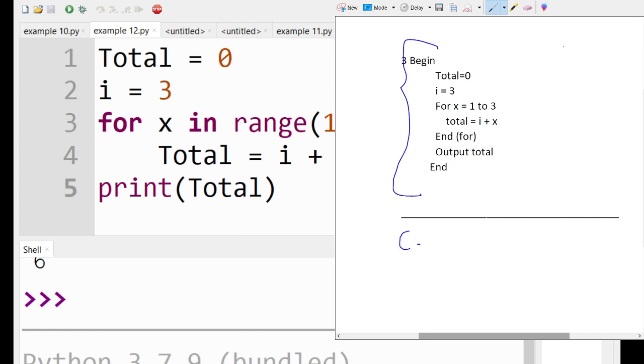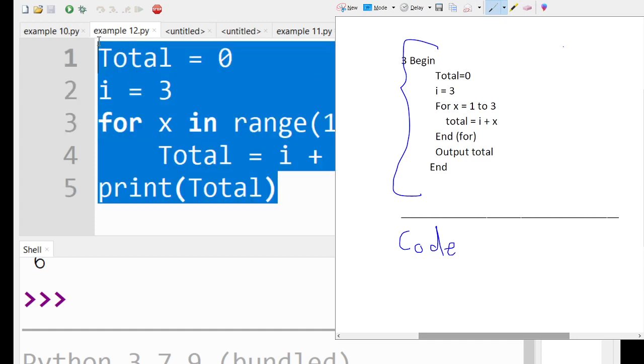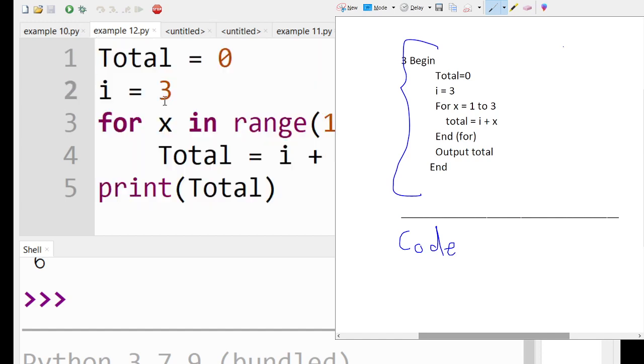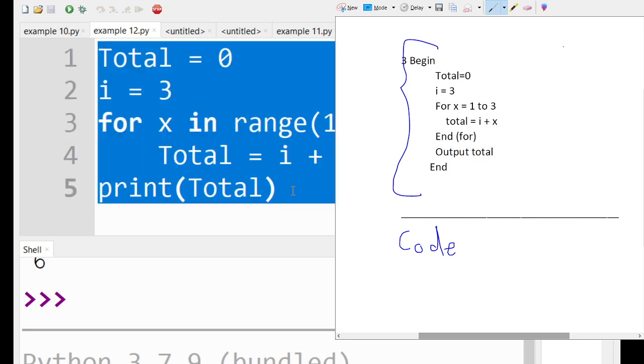All right, so the code, when we ask you for the code, you will take this thing, you put it into Python, whatever you use, then this is the code. So you will select all, everything. You can press Ctrl A to select all, Ctrl C to copy, and then when you go to your classroom,